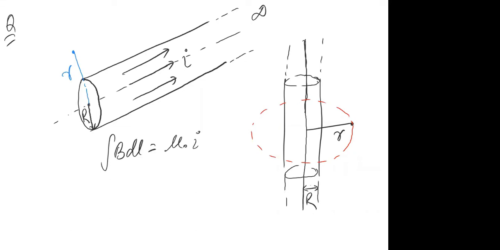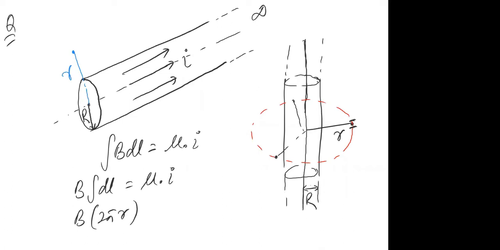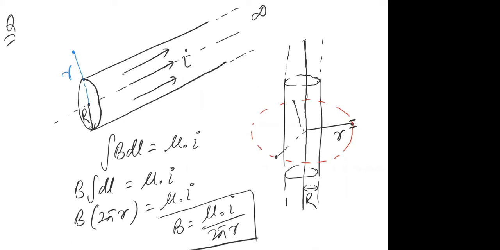Because we have taken a circular loop, at every point of this loop the magnetic field will be constant. That is why we have taken a circular loop. So we can treat the magnetic field as constant, and integrate dL, and equate it to mu naught I. So we can write B times the integral of dL, which would be 2 pi r, because if you take any small element and integrate it, you get the total circumference of this circular loop. So B times 2 pi r is equal to mu naught I, which means B is equal to mu naught I divided by 2 pi r. This is the formula for the magnetic field outside the wire.